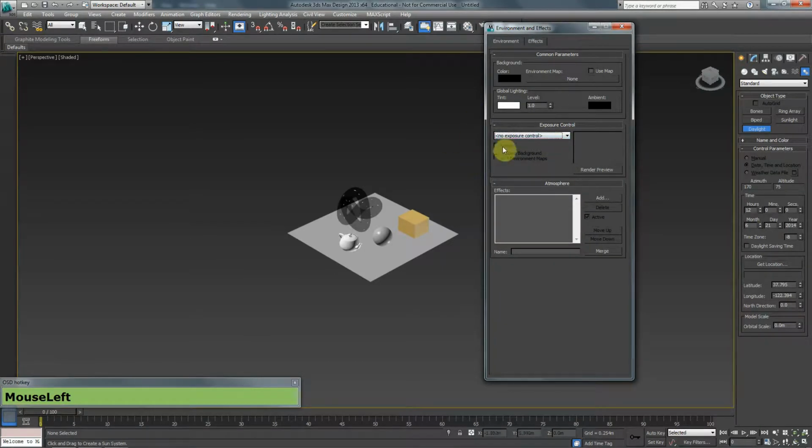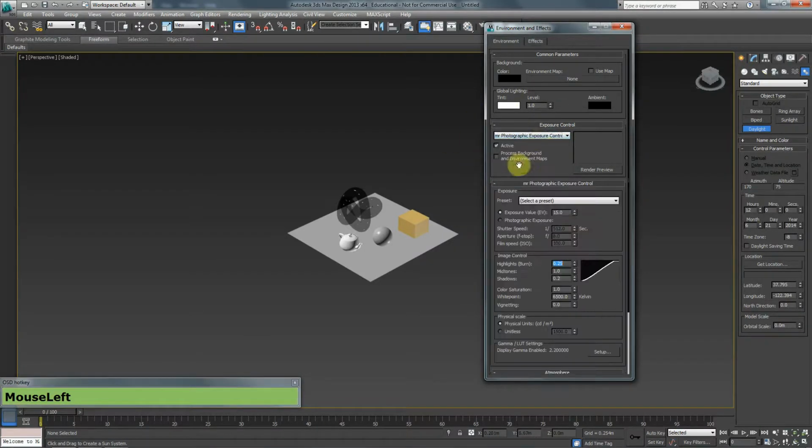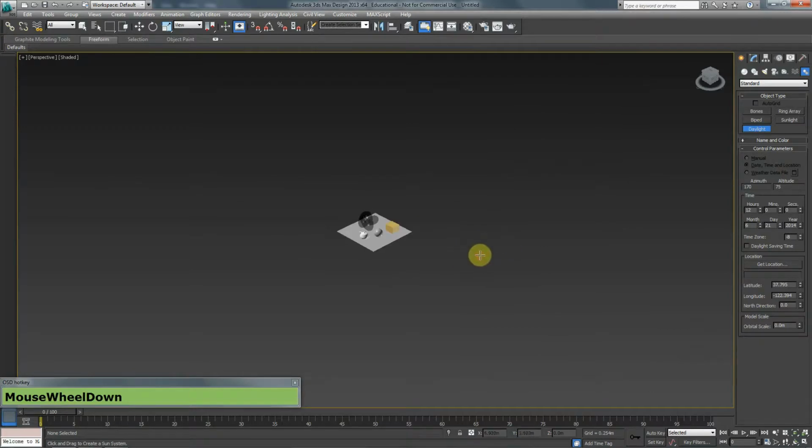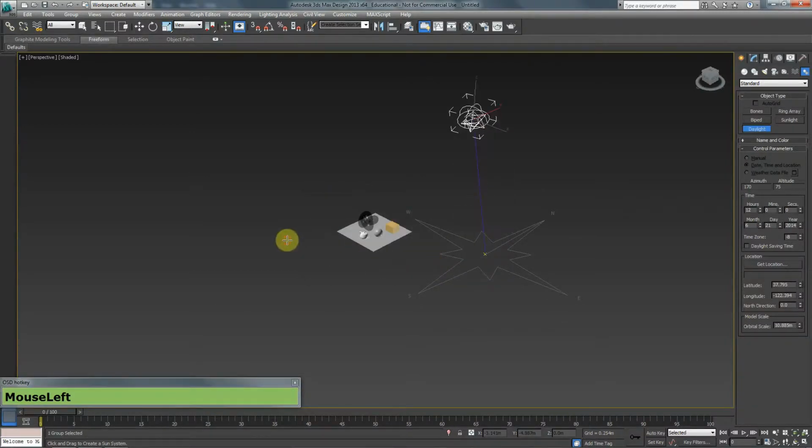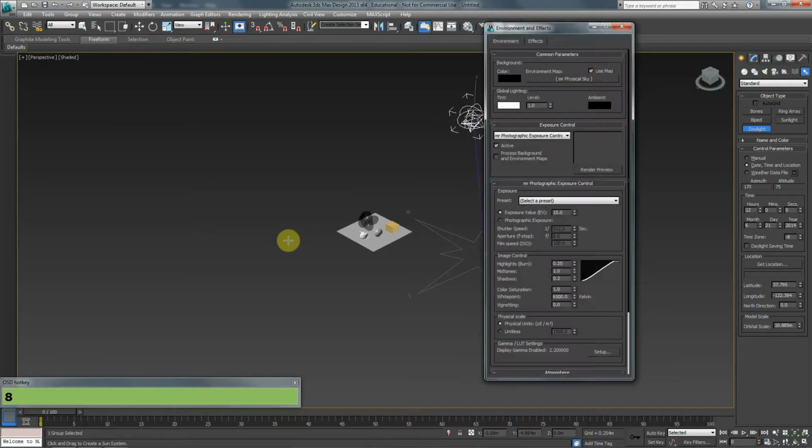Because we selected yes to that option, it put a Mentor photographic exposure control and set the EV value to 15. So I'm going to click and drag, and it gives me another message, and it says you're creating a Mentor sky. It is recommended to also add a Mentor physical sky environment. Do you want to do this? Yes. And if I go back to my 8, now you can see that in the environment map it says